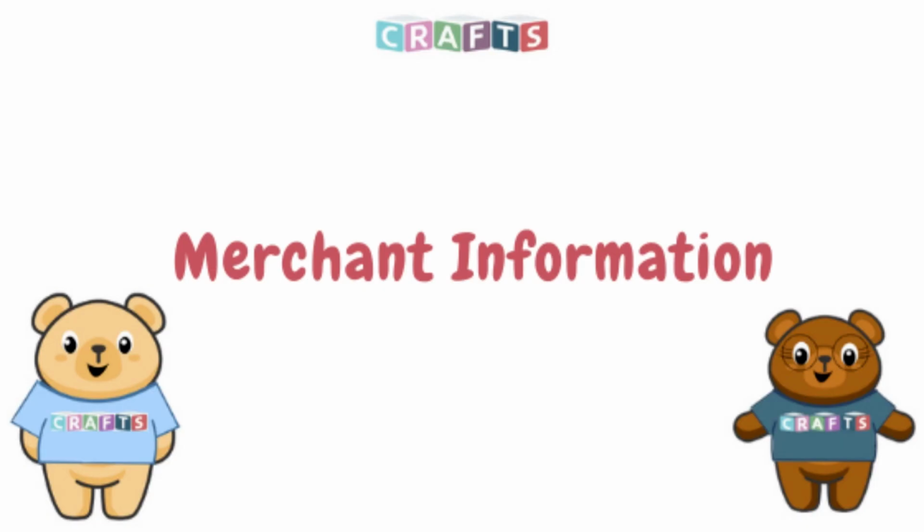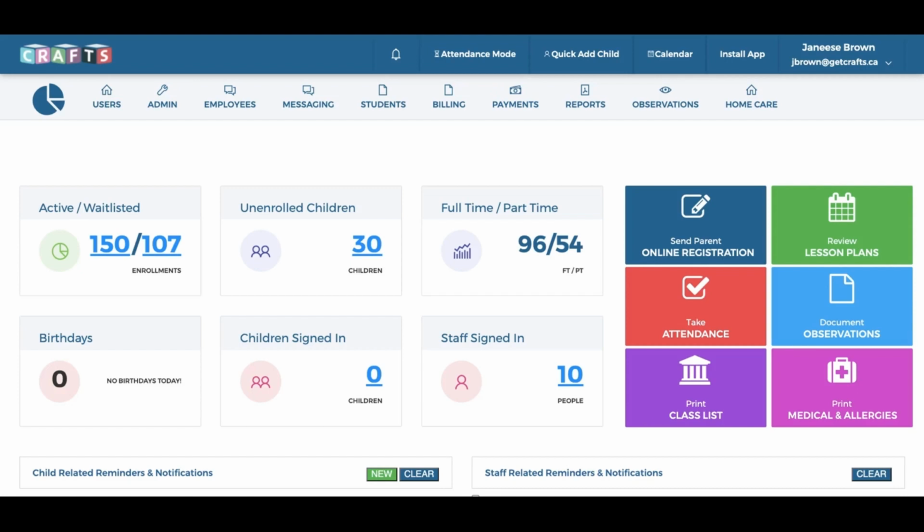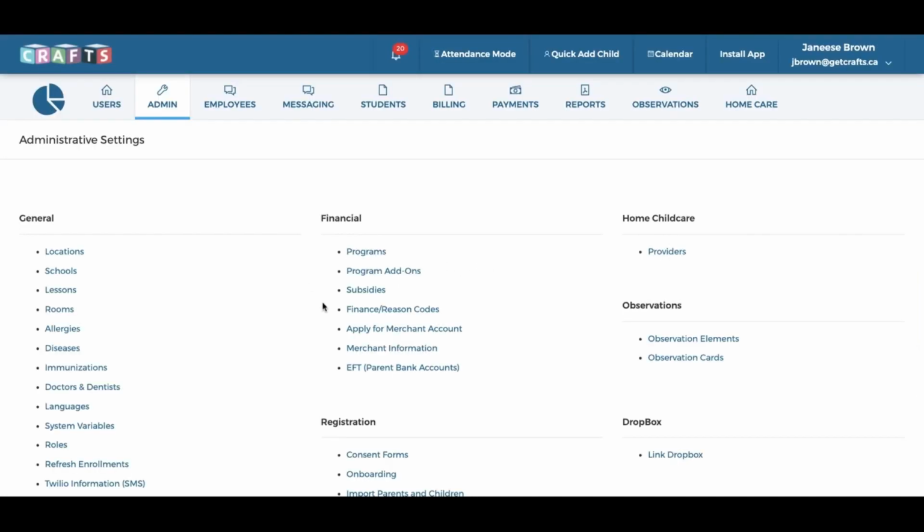CRAFTS provides a smooth and effective solution for processing payments via electronic fund transfer through various Canadian banking institutions. This pre-authorized payment process allows your program to easily collect childcare fees from parents. CRAFTS seamlessly integrates with our worldwide payment processor to securely process parent fees directly from parent bank accounts or by credit card. To set up your program's merchant account, go to the Admin menu and click on Merchant Information under